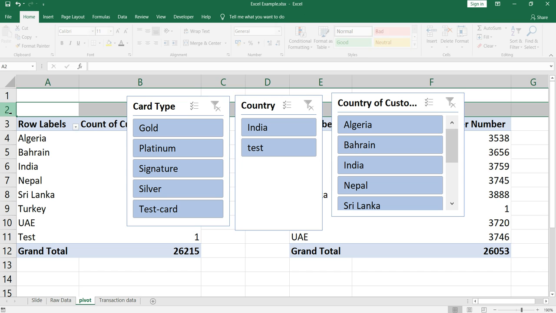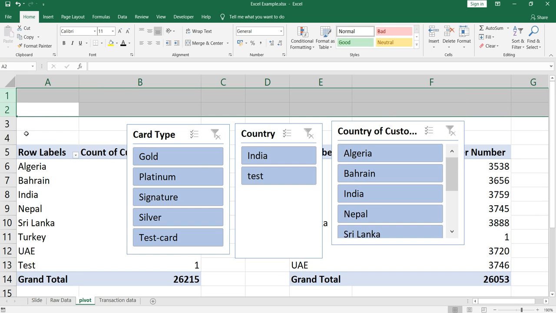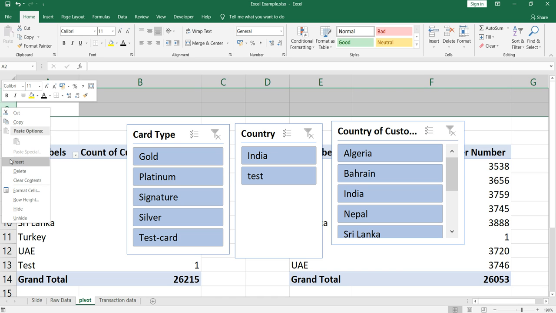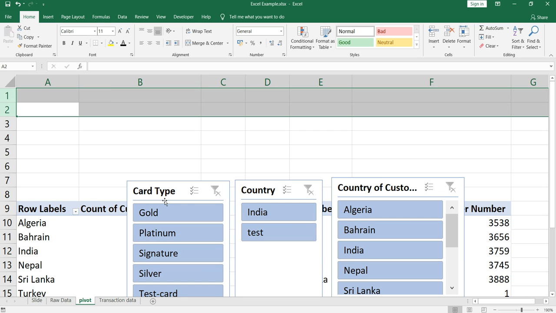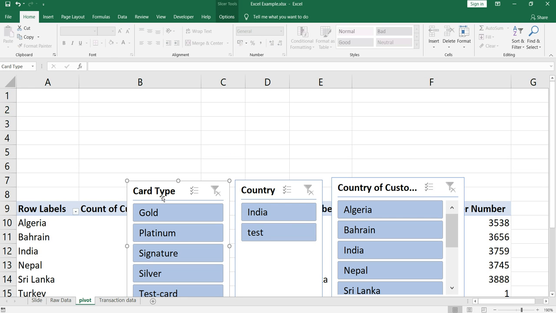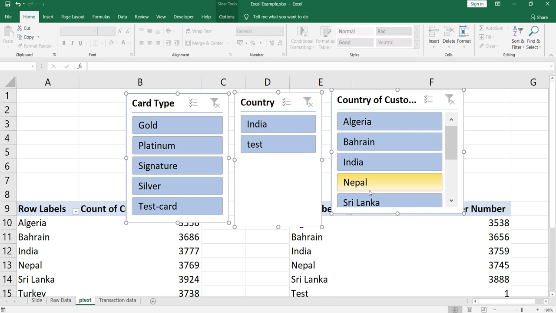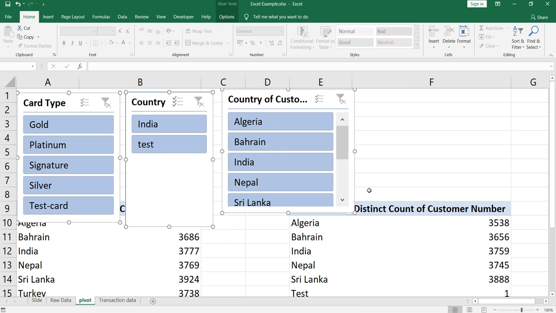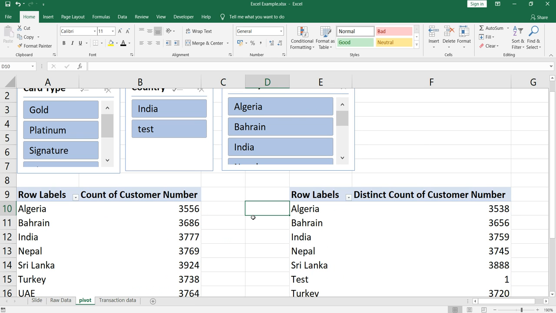So I'll insert a few rows above so that I can place my slicers there, and then I can see the pivot as well as the slicers in the same frame. Let's take these three slicers and shift them to the top. I've selected these three slicers by pressing Ctrl and clicking on them one by one. Now you can see the slicers as well as the pivot table.